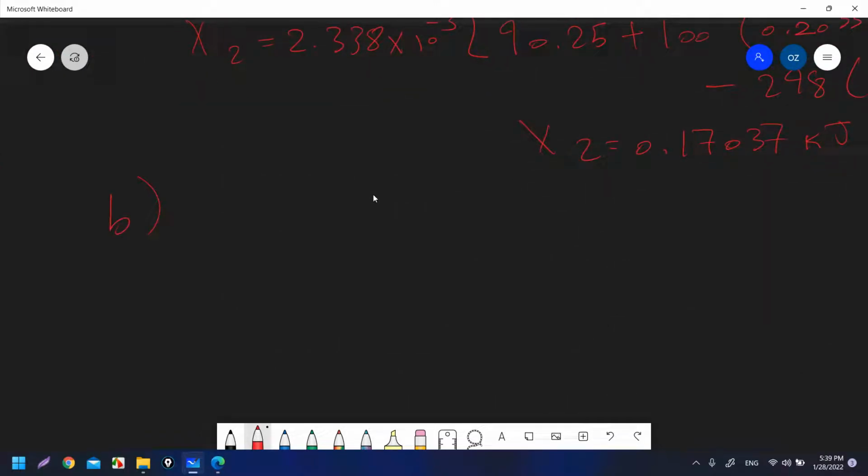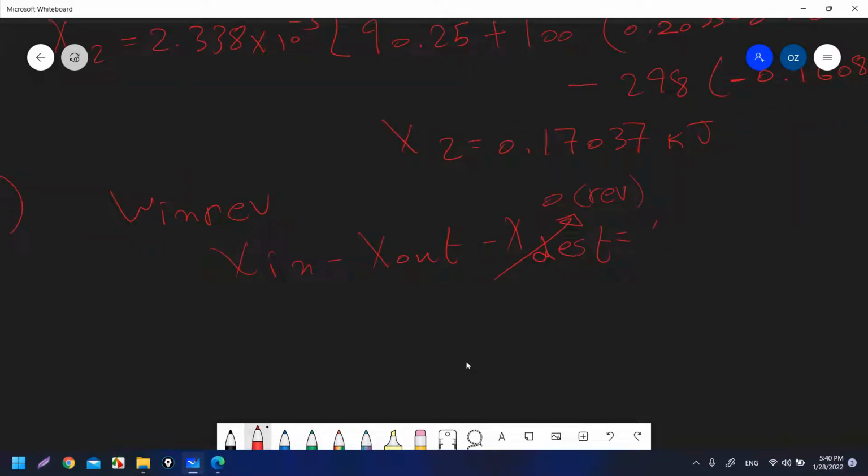Part B, he wanted me to find work reversible in, and we said we usually use the exergy balance, so X in minus X out, and it is work reversible in. We said it is in because it is a compression process, and for a compression process we assume it is input work. Okay, X out minus X destroyed, and we said always when we have reversible work, X destroyed is equal to 0 because it is a reversible process. Equal to delta X system,